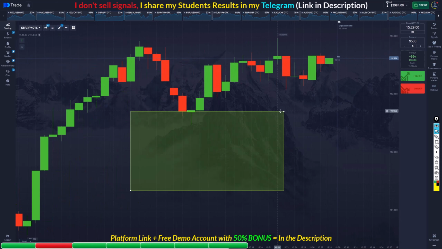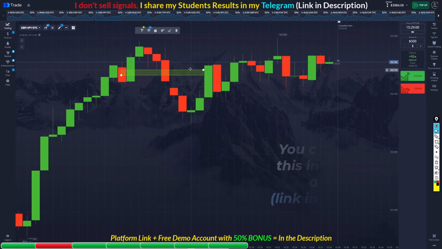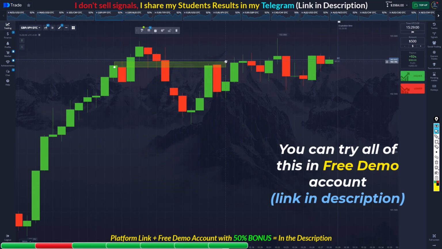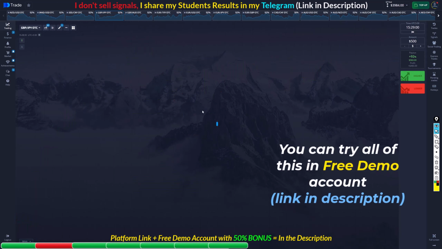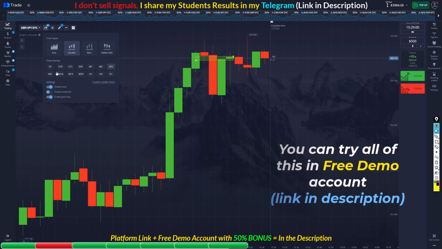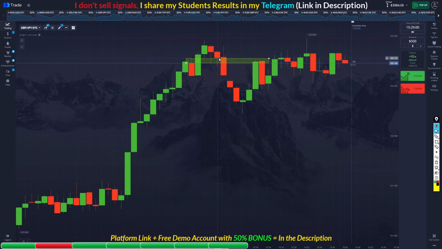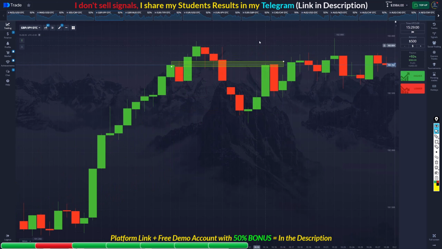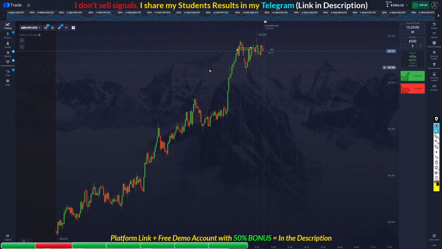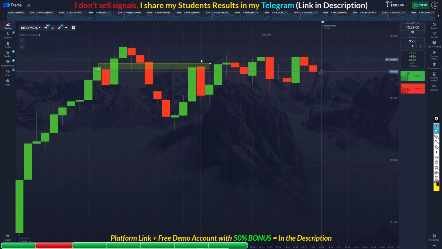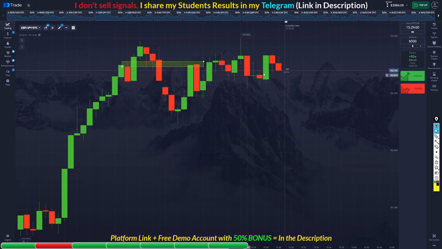Okay, this is another QM. Let's check the confirmation. All right, we don't see a confirmation in 3 minutes. Yeah, in 5 minutes still. We don't see a confirmation for this one too, but it worked. But I wouldn't take this one because it doesn't have a trend line. It's not being combined with anything else. All right, but this one,